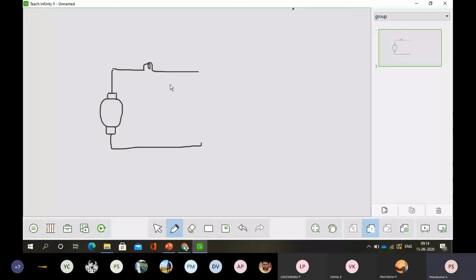Okay, in addition to that, a parallel coil will also be there. I'm having two different windings. This is called a compound motor because I'm having both a series coil, that is a coil with the armature, and a parallel coil. That is having one coil, series, and also I'm having a compound.